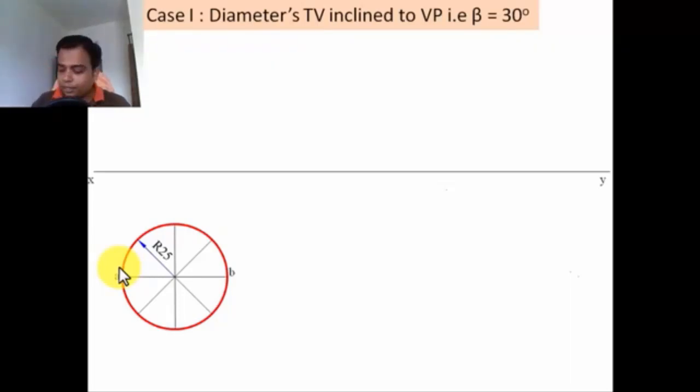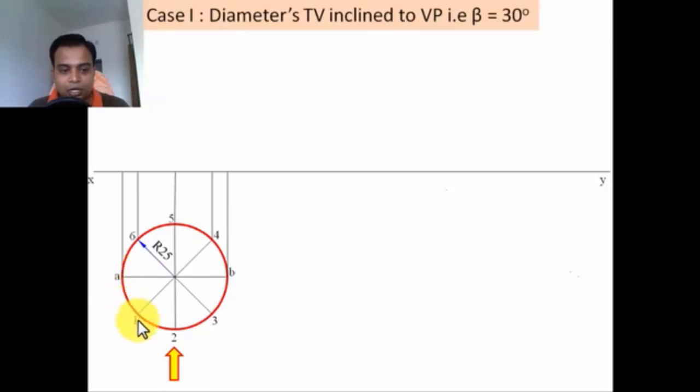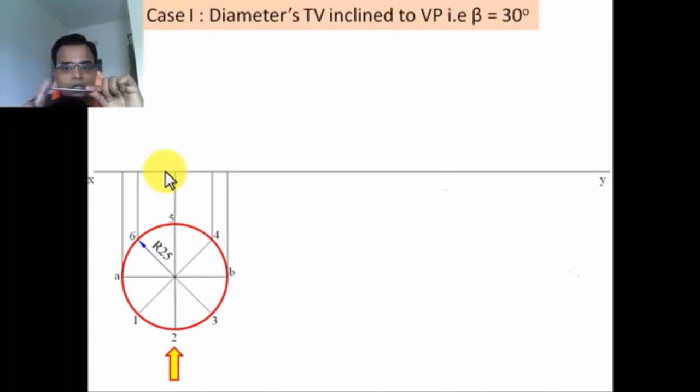Now what we're going to be doing is, please watch this carefully. Let's say this point is point 1, 2, 3, 4, 5, and let's say this is 6. That's it. Fine. Now let's take a look at this from the front, and this is what you're going to see. Simply a line. Okay, so this curved portion is something that you're going to see. A, 1, 2, 3, B portion appears as a line. Okay, let me show you. Let us try to learn in a more realistic way. Resting on HP, and this is the portion that you're going to see simply in the form of a line.